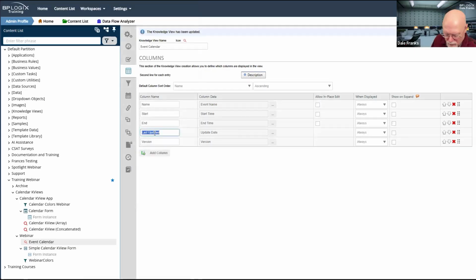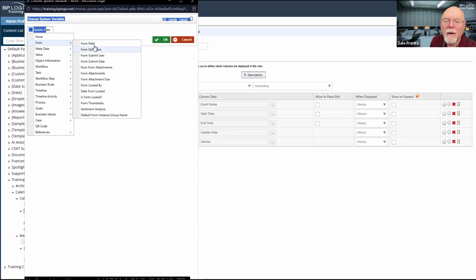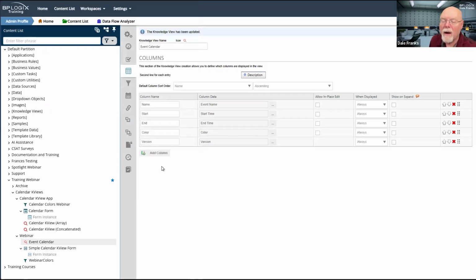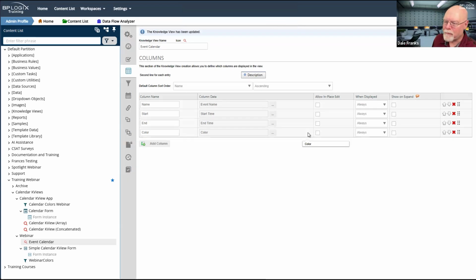And then we're going to go with color, and we'll use our color field there. And, I might want to concatenate this and event name for reasons that will be obvious in a second, but we'll come back to that. I don't need this last column here.